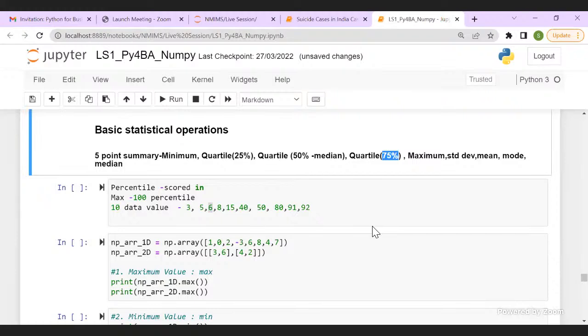Now, do you know the concept from finance? When you divide your academic year into quarters, that means you divide it into 4 parts. So quartile comes from that quarter. I have divided my entire range of data into 4 parts. My first quartile represents the first 25% of the data, the second quartile represents 50% of the data, the third quartile represents 75% of the data, and the fourth quartile represents the entire data.